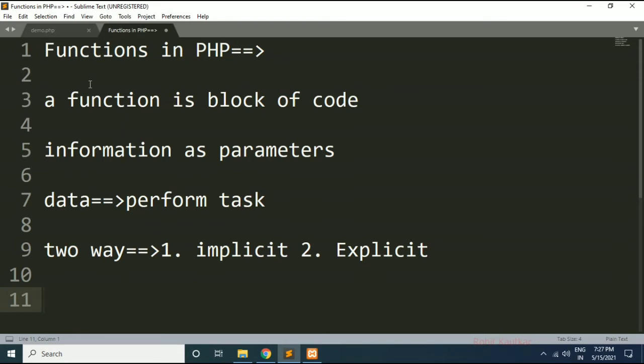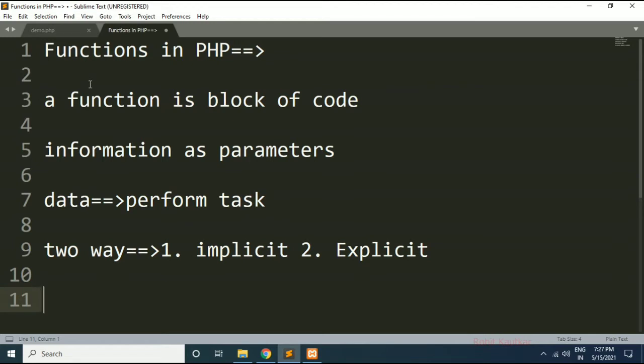So a function, you can say, is a piece of code which takes one or more inputs in the form of parameters, that is explicit data, and it performs a certain task, a certain calculation, and it can generate a result. Where will that result be written? It will be written to the calling code.